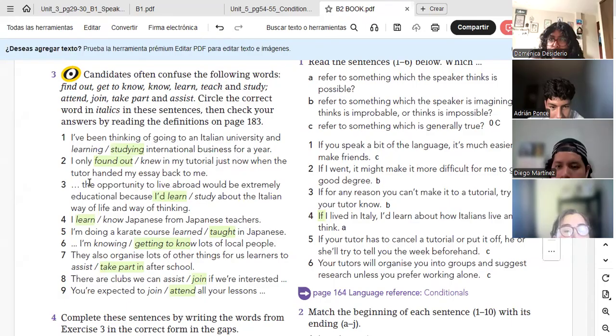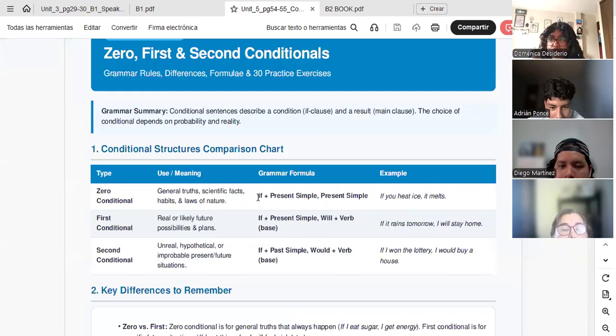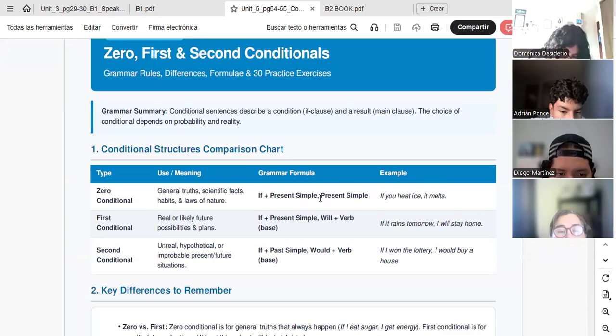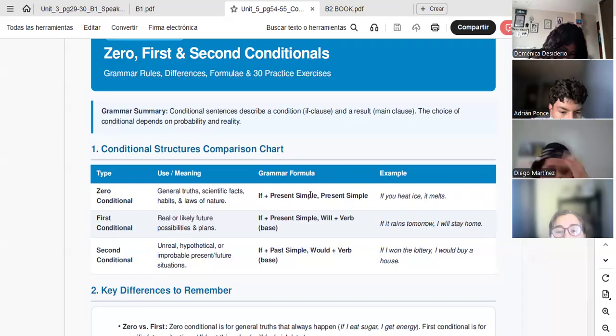The structure, because it is important. If, remember, si hace referencia a si se cumple esta condición, pasa esto, right? If plus present simple. Tenemos que comenzar con if y después el verbo que vaya en present simple. La coma es mandatory. Chicos, la coma es obligatoria. Then, this is called the if clause o the conditional clause. La primera parte es hasta la coma. After the comma is the main clause. Y the main clause es el resultado. It is present simple and then the result is in present simple.